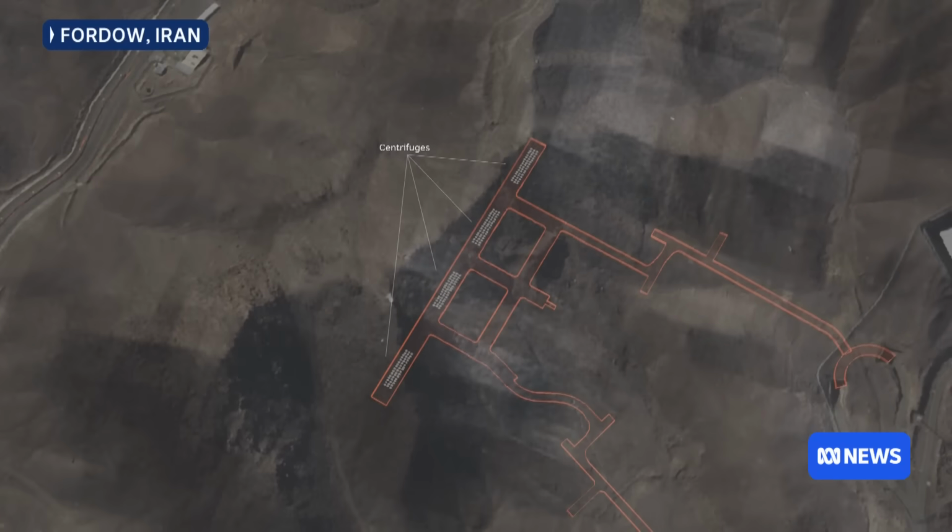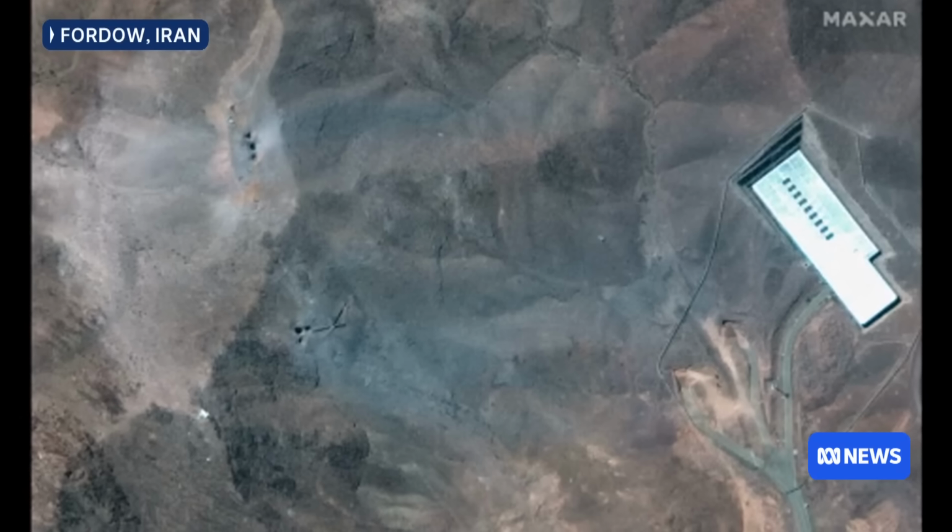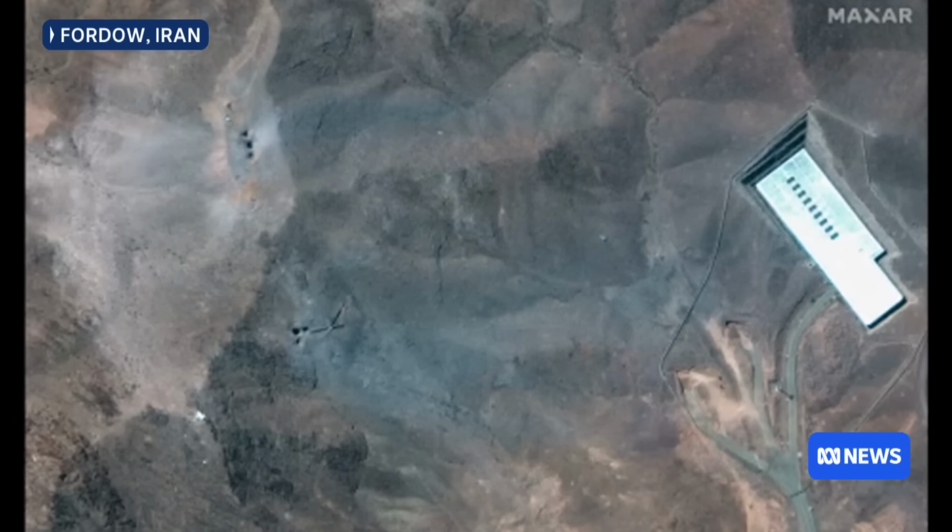It's far below the ground, estimated to be about 90 metres under rock, and that's why they needed these special type of bombs to be able to go down and reach it. So if we look at some of the satellite imagery, there are some really important points that we can look at on that map. So when you bring it up, you can see 6 visible impact points that look like